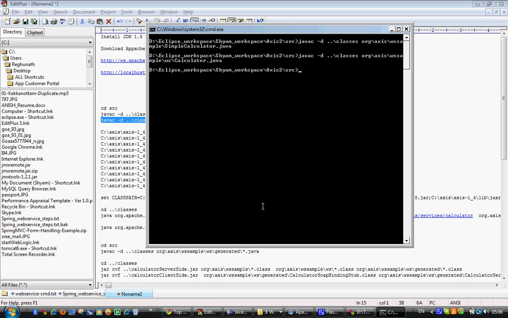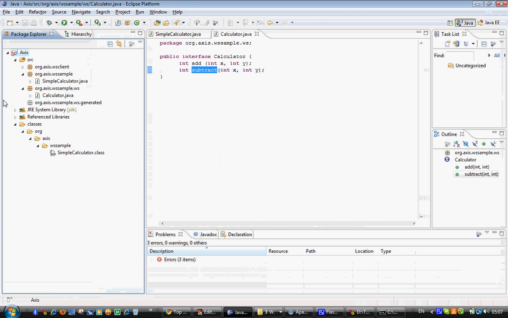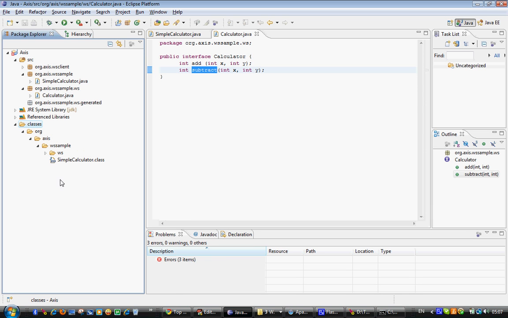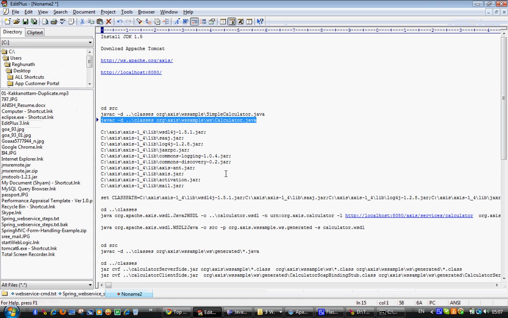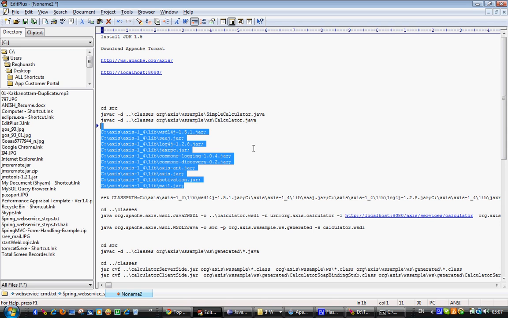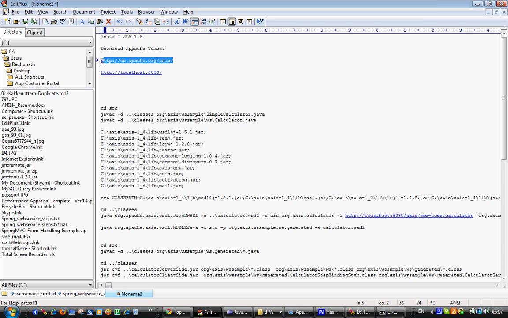Good, it's compiled, and let's see how it has happened here. Got it. So we have the Calculator class and a simple calculator class. So compile that. Now we need these jar files. You get these jar files when you unzip your Axis download. You would have downloaded the Axis zip file from this link, and once you extract it, you can